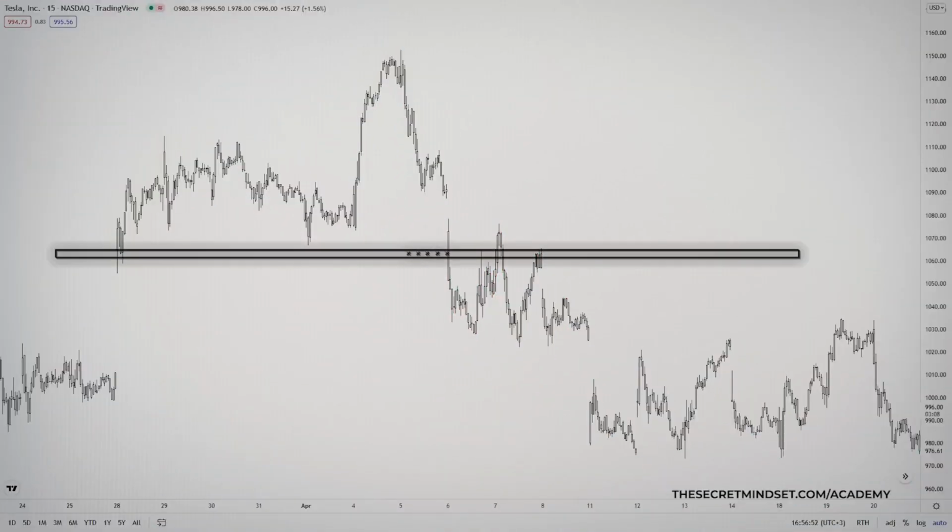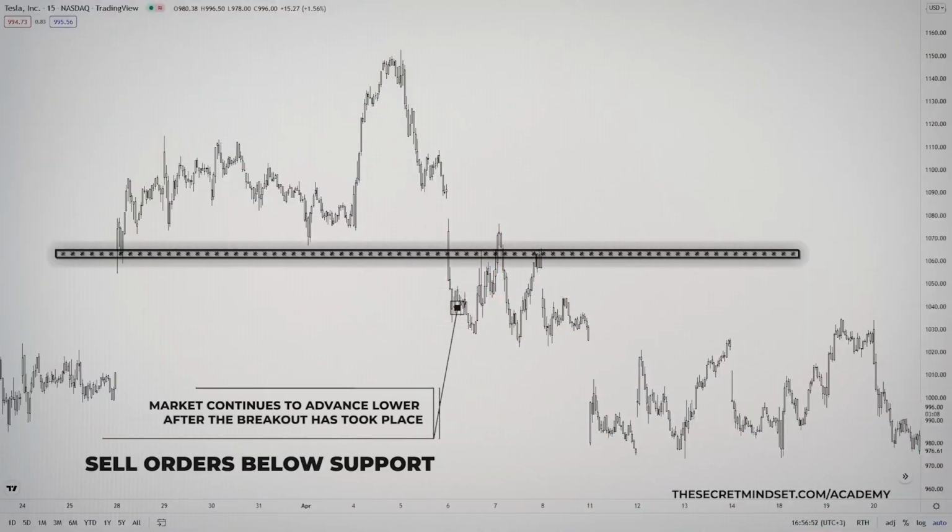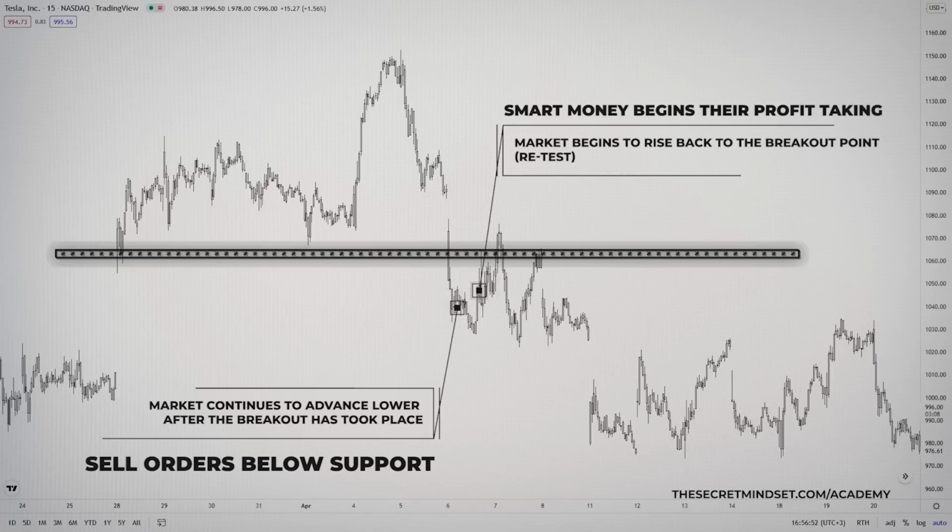This area on the chart is the point where breakout traders will have pending orders to sell placed in anticipation of the market breaking out. You can see how the market continues to advance lower after the breakout has taken place. Smart money begins their profit-taking after the breakout occurs, and the market begins to rise back to the breakout point,